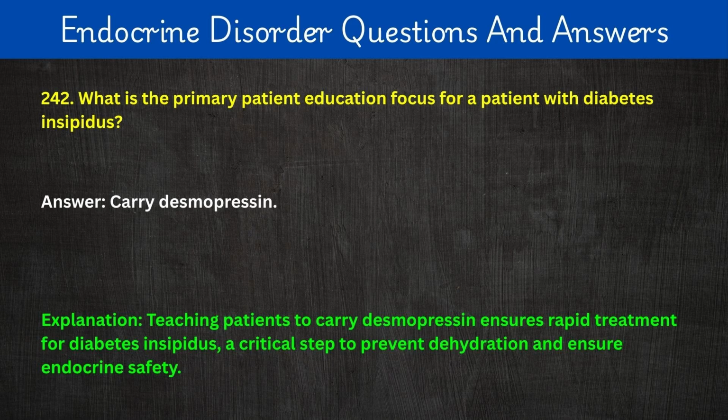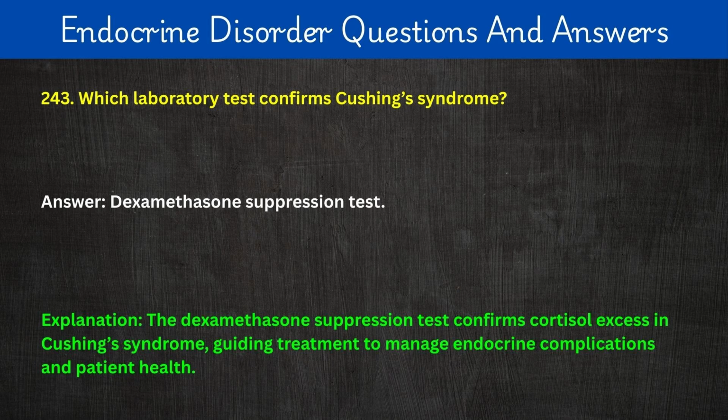Answer: carry desmopressin. Explanation: teaching patients to carry desmopressin ensures rapid treatment for diabetes insipidus, a critical step to prevent dehydration and ensure endocrine safety. 243. Which laboratory test confirms Cushing's syndrome? Answer: dexamethasone suppression test. Explanation: the dexamethasone suppression test confirms cortisol excess in Cushing's syndrome, guiding treatment to manage endocrine